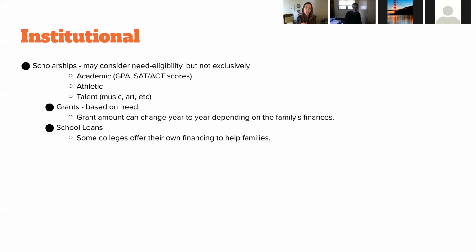Need-based grants, and again, anything that's need-based can change year to year based on the family's income fluctuations. So I've seen students who, first year of college, maybe a parent lost a job. This actually happened quite a bit during COVID. And so the student qualified for a bunch of need-based aid their freshman year. And then we did the calculations for sophomore, junior, senior years, and things changed because parent A got another job. And so you will have to reapply every year. And it could be better or worse for you, depending on what your income does.